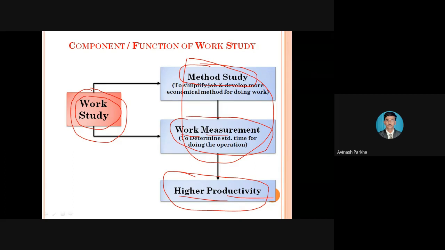Therefore, these two concepts, method study and work measurement, depend on each other. If I have developed a new technique, for the new technique I have to go for work measurement. If I have done the modification in the existing process, then also I have to go for work measurement. Therefore, the name itself suggests that work measurement means केलेल्या कामाचं टायमिंग काढणं, म्हणजेच आपण त्याला काय म्हणतो, वर्क मेजरमेंट.